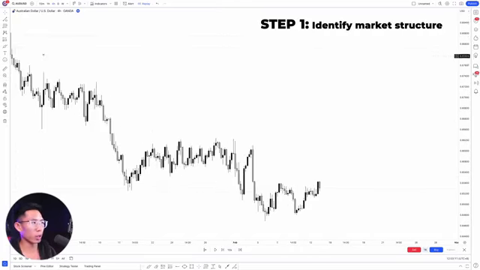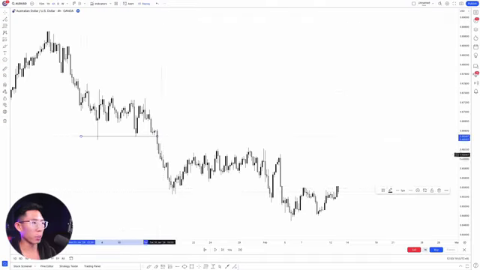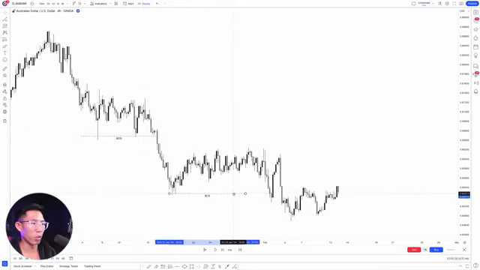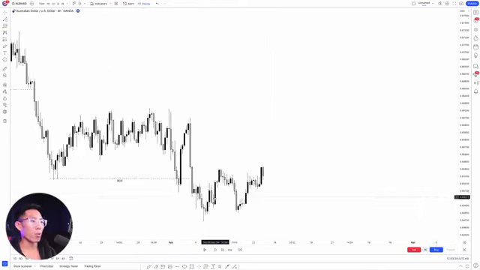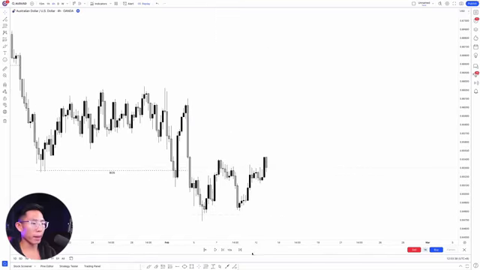And you can see price creating lower highs and lower lows. Price created a lower high right here, and then it broke past this previous low, creating your bearish break of structure right here, before retracing, creating another lower high, and then creating another bearish break of structure right here, where price broke past the last lower low. And right now, price has retraced once again, creating a new lower high, but it has not broken past the lower low right here yet.